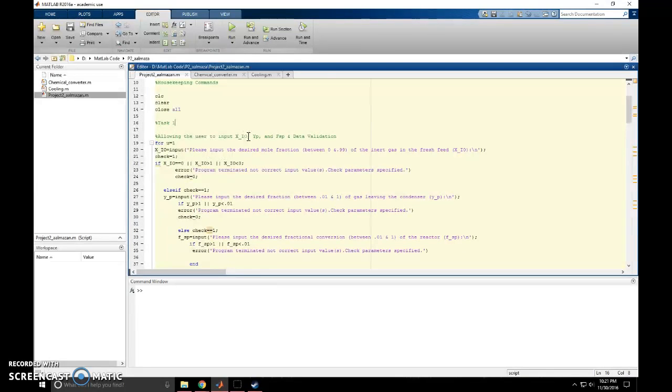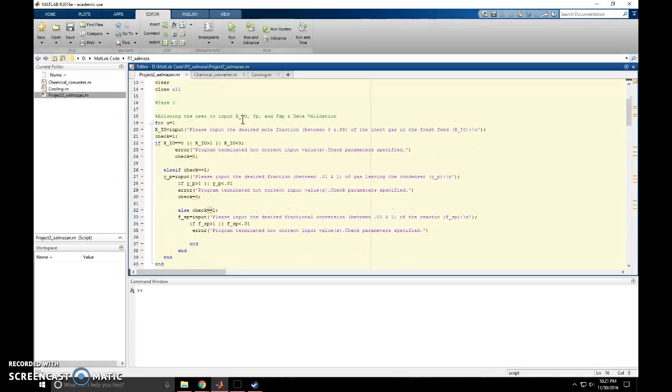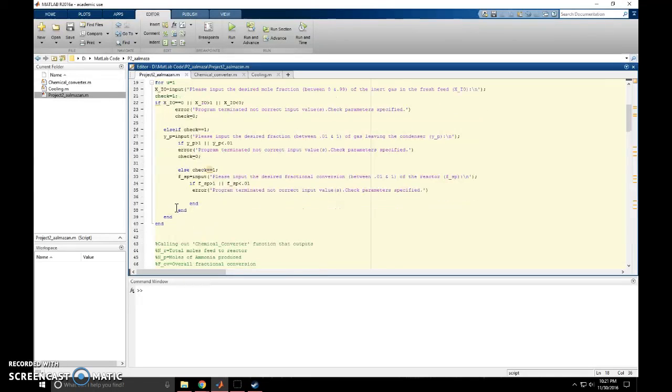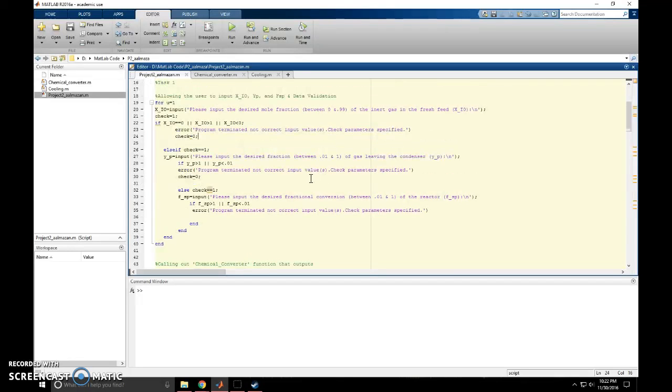So this is the user input section for the mole fraction of inert gas, XIO, the fractional conversion of the reactor, FSP, and the fraction of gas leaving the condenser, YP, as well as some data validation. So XIO, input the desired mole fraction of inert gas in the fresh feed. YP, input the desired fraction of gas leaving the condenser, as well as FSP, input the desired fractional conversion of the reactor. And these 3 errors are just data validation to make sure the user doesn't input any wrong